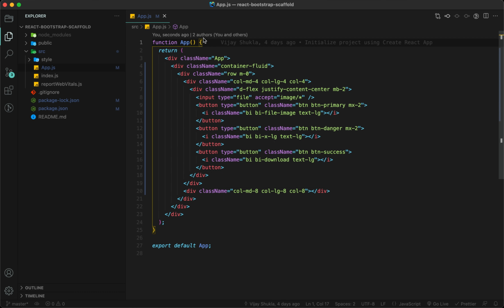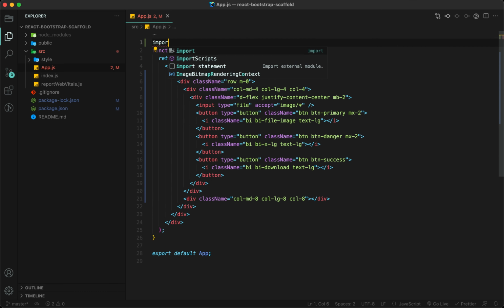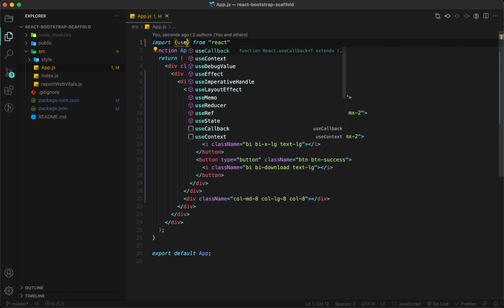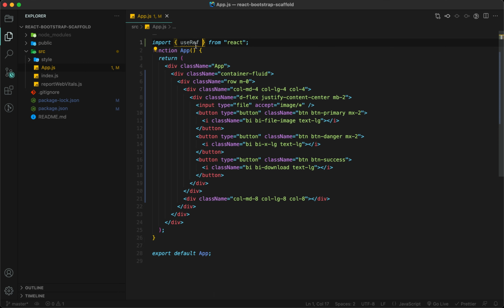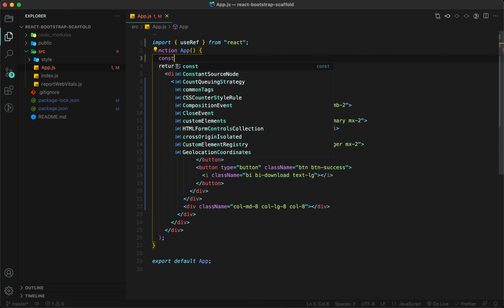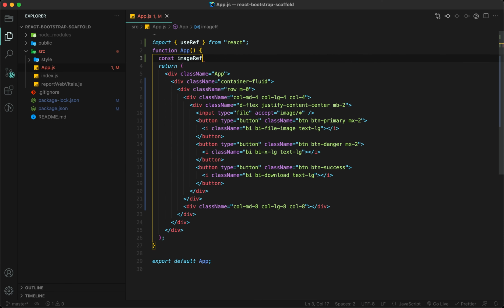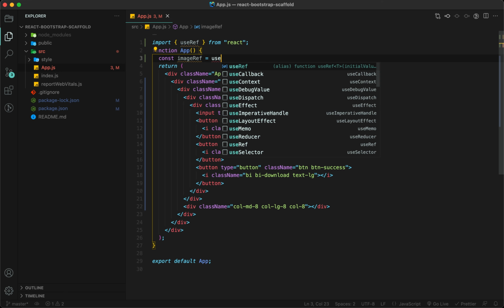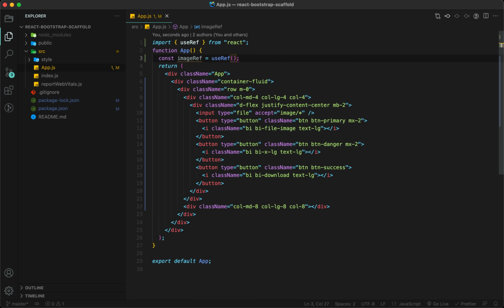But I don't want to see this input type field here, but I want to keep the functionality. So when I click on this button, then this image select will be triggered. For that we are going to use a React ref. So let me import useRef from React. I'm going to create one ref, const imageRef, and this will be a useRef.